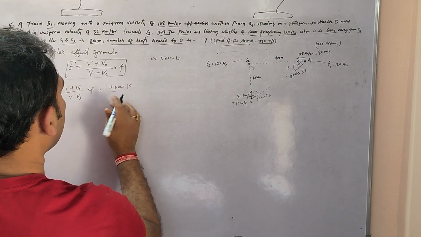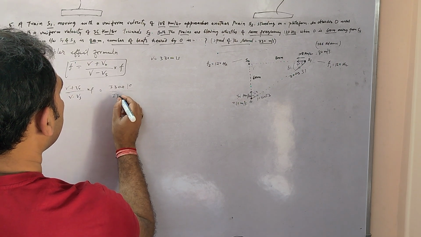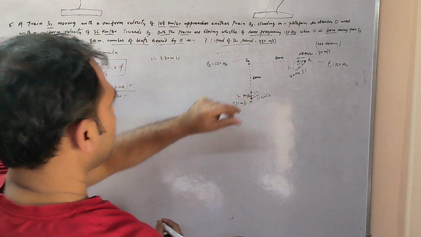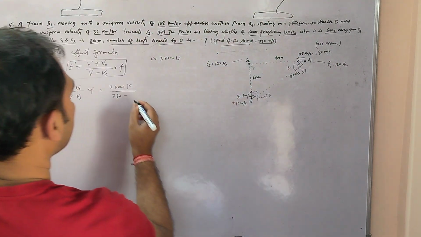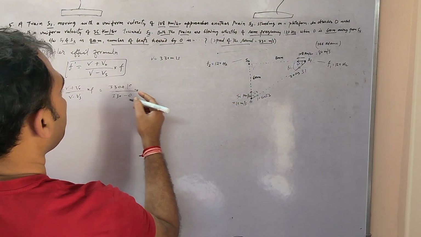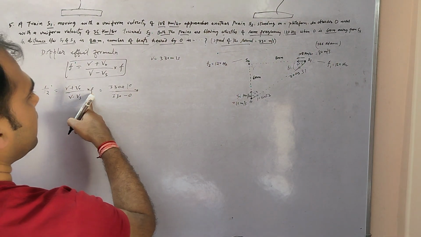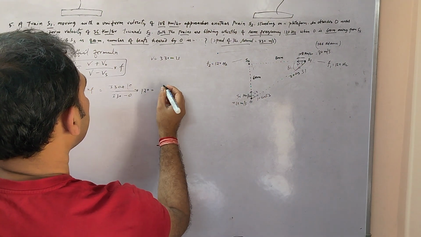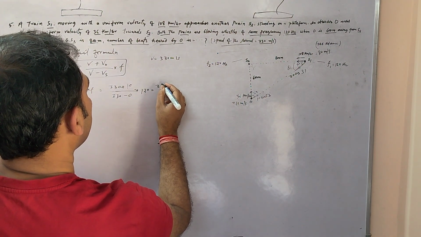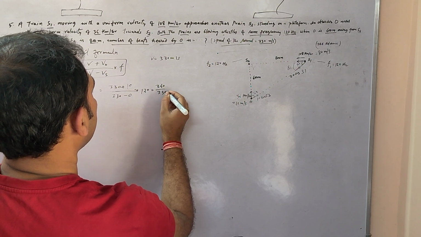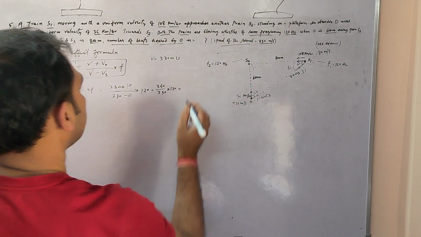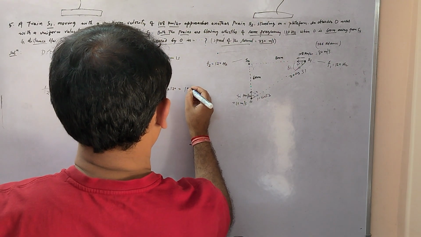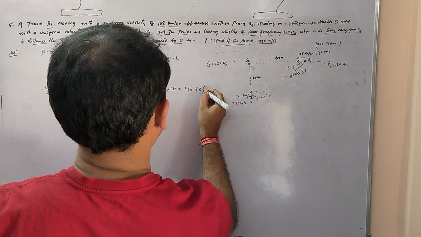Now again 330 minus source velocity. Source is stationary here, S2 is standing on a platform, so this will be 0, into actual frequency, in this case F2, that is 120 Hz. This will be 340 upon 330 into 120. This will equal 123.636 Hz.